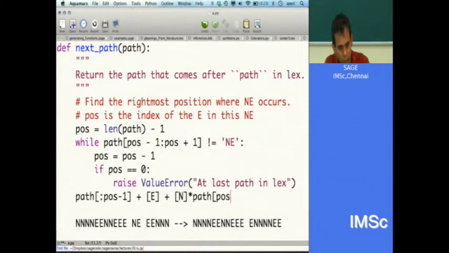There are several links, but we'll only put 1 E in here, and then we'll put all the n's, and then we put all the e's. So we are taking this second part of this string and replacing it by the second part of this string.